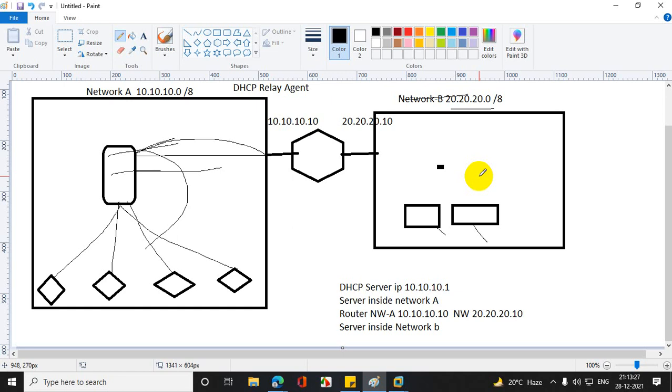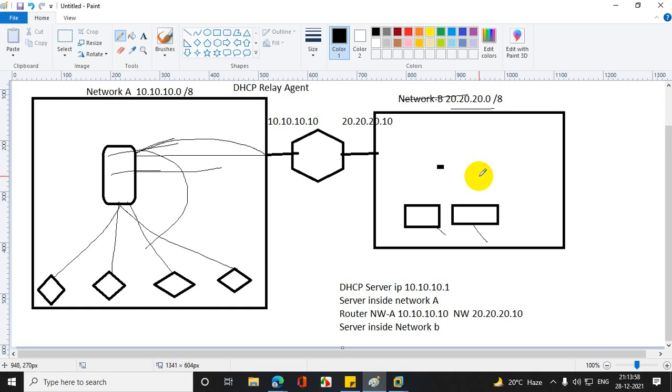In the middle of these two networks there is a router, and the router won't forward broadcast packets. Rather, on receiving the broadcast packet, it takes it as one-to-one communication between DHCP servers. So DHCP servers will send the one-to-one packet, which is treated as a relay, and the same packet you will deploy on network B.